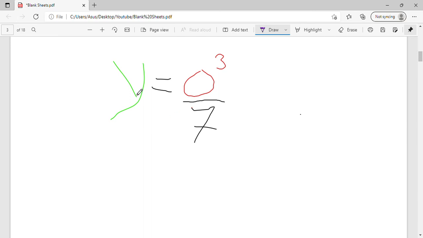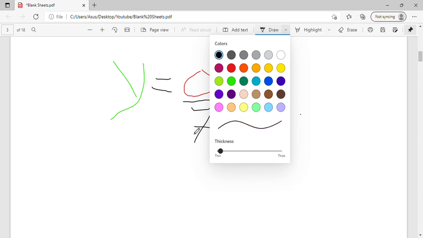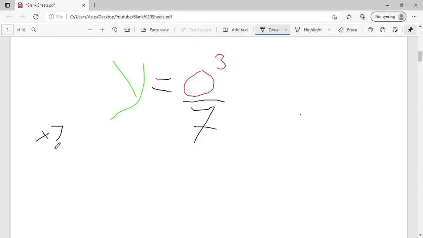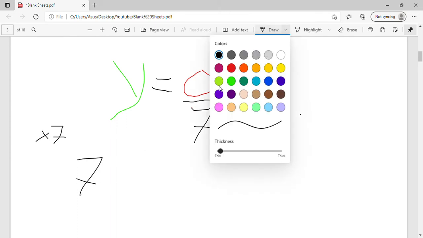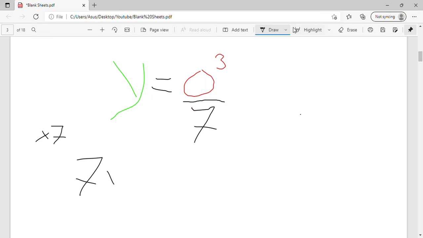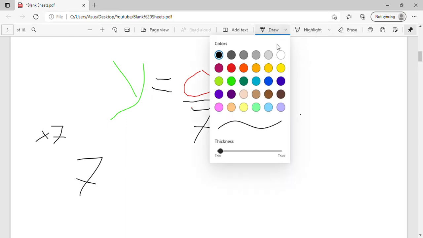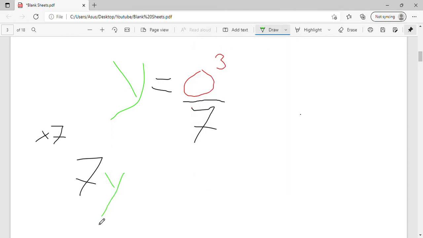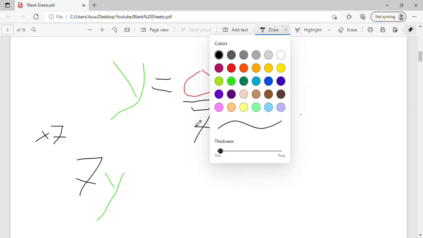Alright, we've got another example here. Y equals O to the power of 3 divided by 7. So how do we do this? It's divided by 7. So first, what do we do? It's the opposite of divide. It's multiply, isn't it? So we multiply by 7 both sides. So that gives us 7y equals